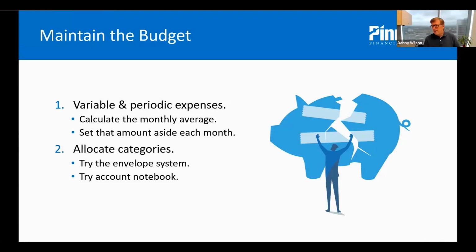There are variable and periodic expenses. And those are things that can kind of blow up a budget if they're not accounted for. So we not only need to look at the money that we're spending every week, every month, the regular bill, regular daily, weekly, monthly expenses, we need to look at the stuff we spend money on maybe once a year